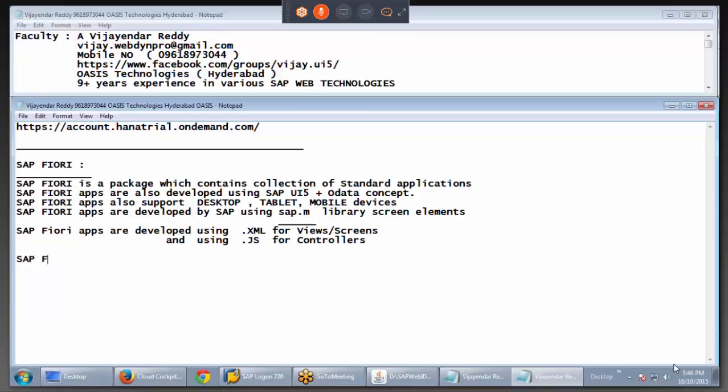And SAP Fiori applications are easily customized and enhanced using the SAP Web IDE tool. SAP Web IDE is a tool which can be used for customizing and enhancing the standard screens. You can also use Eclipse, but